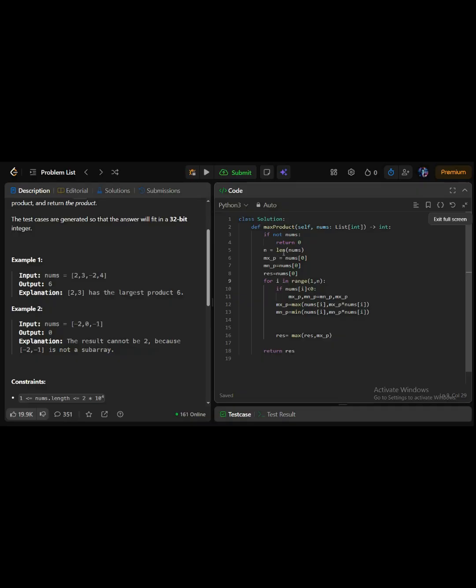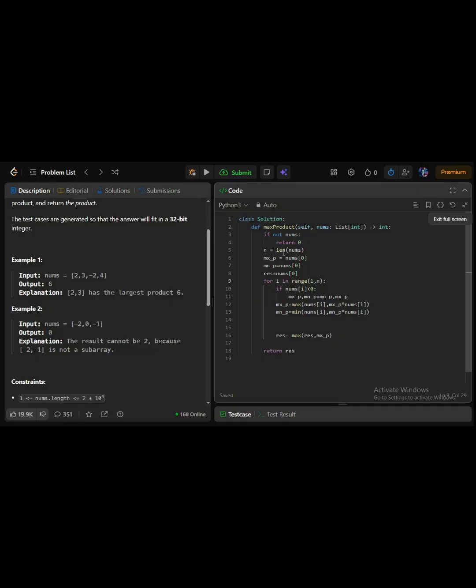Now let's move ahead. In maximum product, we are getting the maximum of the current value or the product of maximum product and current value. Basically, in my maximum product, either I am going to start with the current value, or I am going to go with my product values till now. And in my minimum product, I am going to get the minimum of the current value and the product of minimum product and current value. So maximum product is going to give me the maximum and minimum product is going to give me the minimum value. In result, I am going to get the maximum of the current maximum product or the product